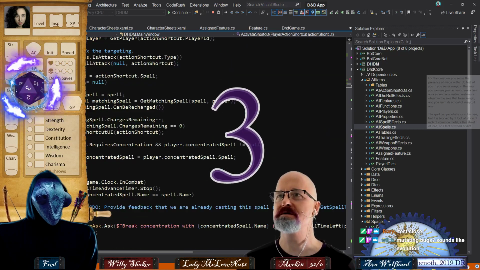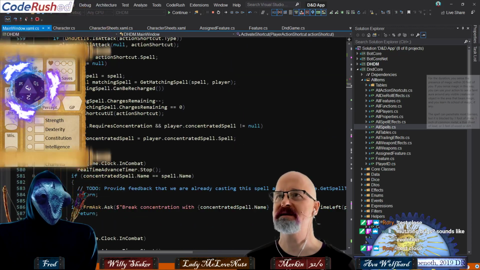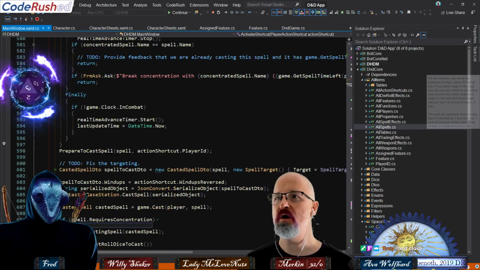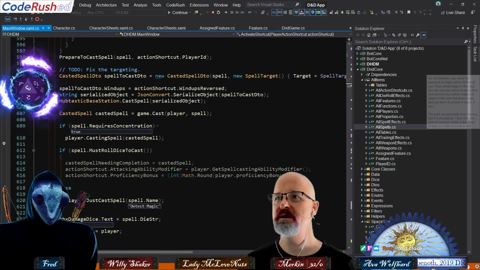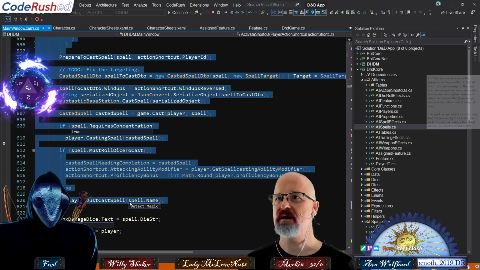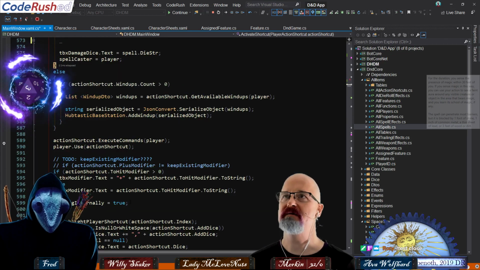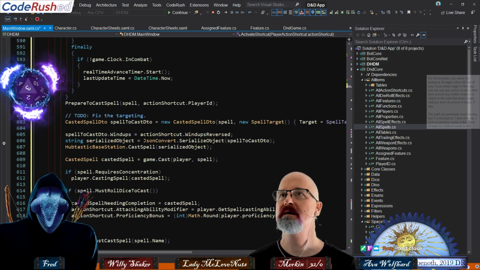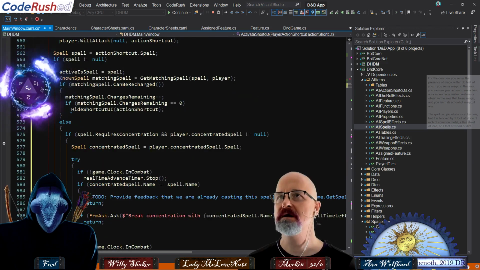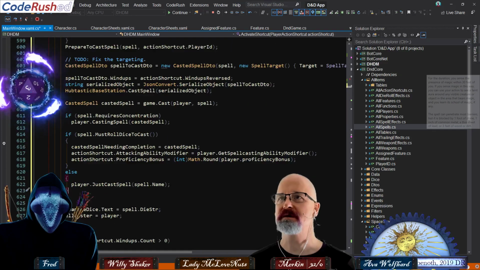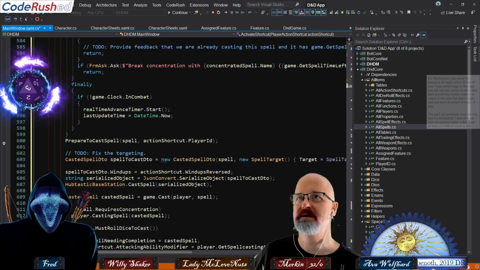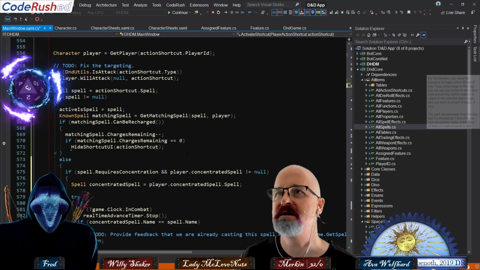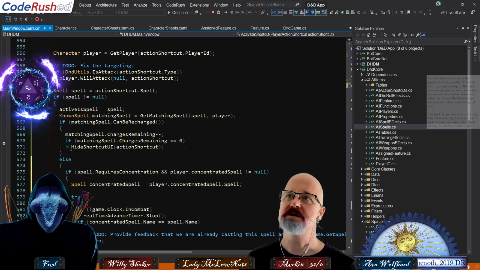Yeah, I think what this really looks like is this. If it can be recharged, we're up here. And then all of this code down to here is inside of an else begin block right here, is what I think we're dealing with here. So if it can be recharged, otherwise we're doing this. We're now at a point where we definitely need to start refactoring this baby out into individual pieces right here.